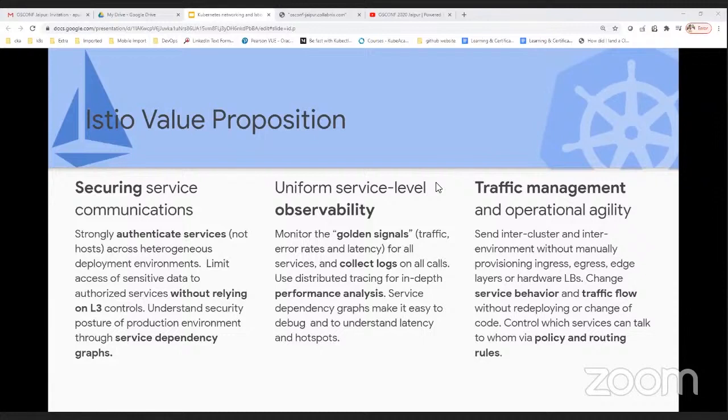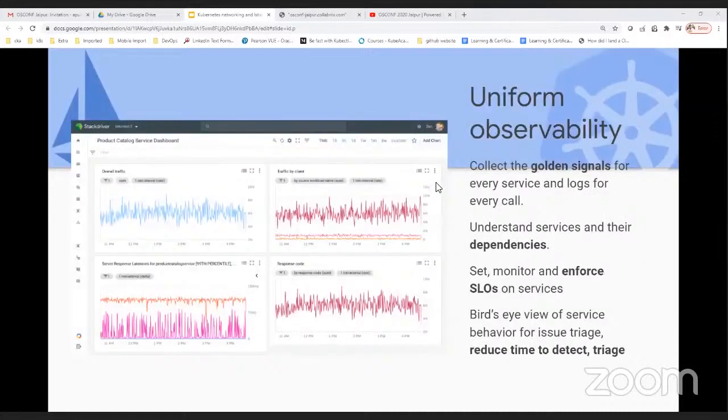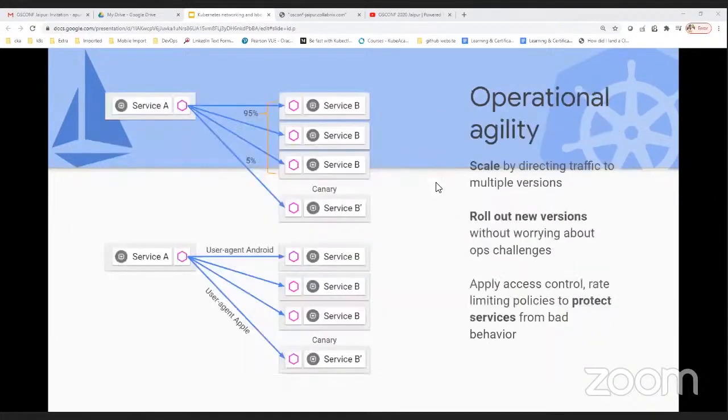And if I want to upgrade the deployment with another version, I can send the traffic percentage-wise. If I want to send 50% of traffic to the old one and 50% to the new version of the application, I can easily do that with the help of Istio. So these are some of the aspects that I want to show you, like uniform observability, that we can trace, and operational agility.